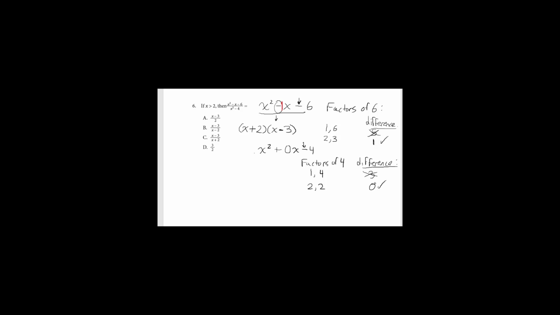So this guy factors as x something with 2, x something with 2. One of them has to be positive and the other one has to be negative. It doesn't really matter which one though. Okay, so now that we have these factored,